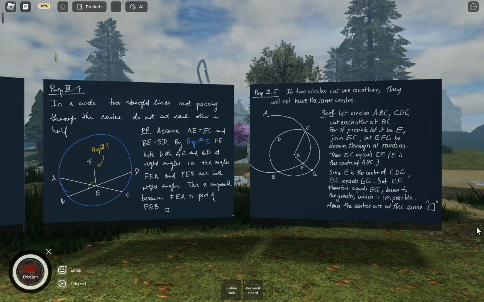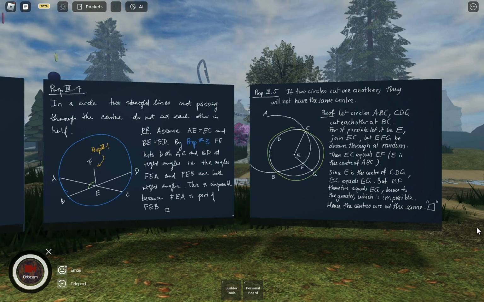First of all, I claim that it's possible to find such a line that cuts the other circle. So this is our primary circle. Join a line from the center to one of the points of intersection with the other circle. And then, well,